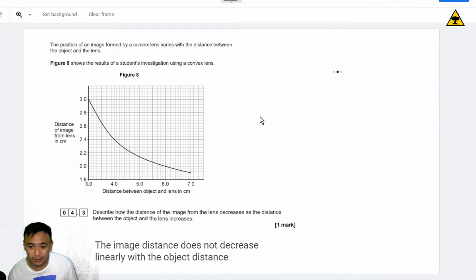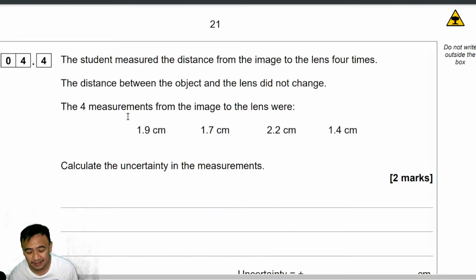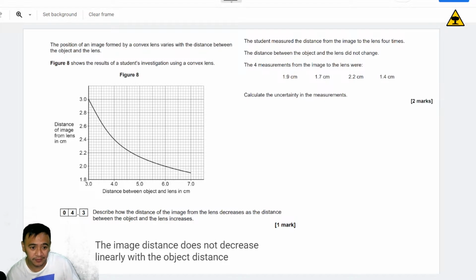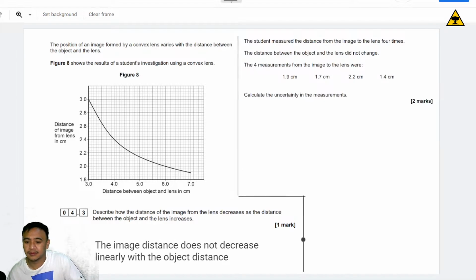So again, what's the fastest way to calculate an uncertainty given these 4 values? Let's see if you remember that. Plus minus 0.4. How did you get that? Because it's 2.2 minus 1.4